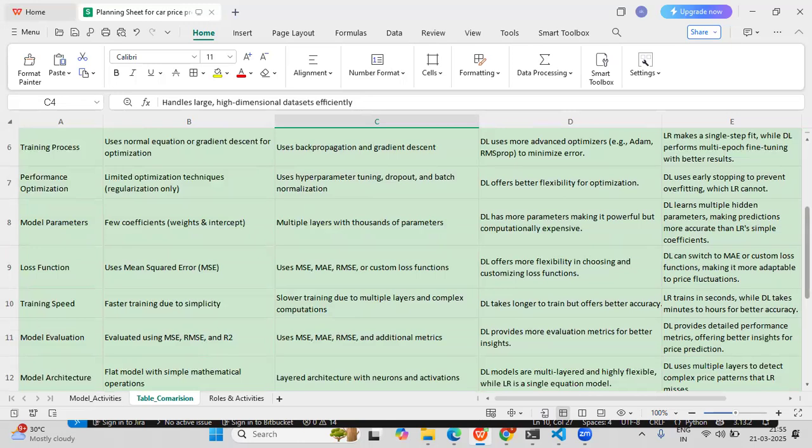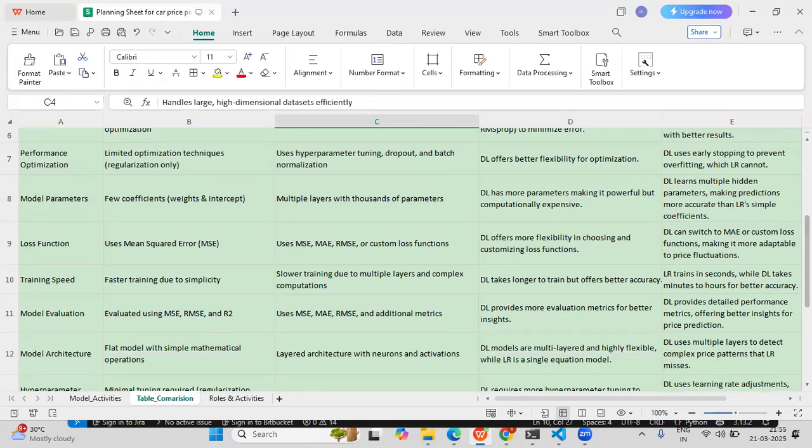Training speed. Here we train the data on the linear regression model. Training is faster in the linear regression model because of the simplicity of the algorithm and built-in functions. But in deep learning with TensorFlow, the training process is slower because multiple layers are involved, so complex computations need to happen inside the multiple layers. It takes more time compared to linear regression.